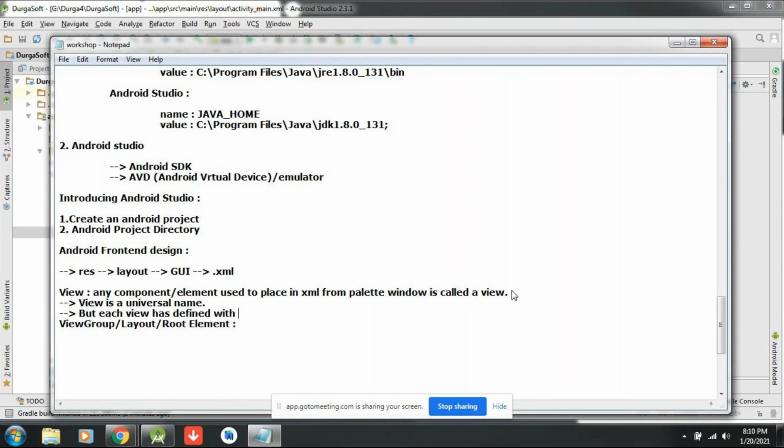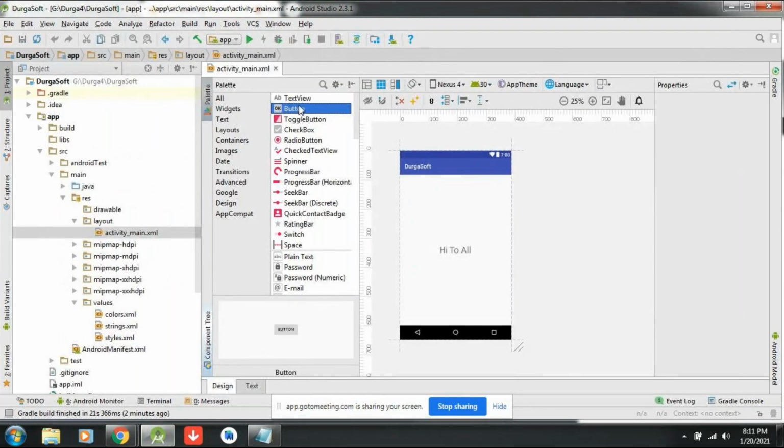For example, Button, RadioButton, CheckBox; each one is different, etc. There are so many things available in the palette window: Button, TextView, ToggleButton, CheckBox, RadioButton, CheckedTextView, Spinner, whatnot.